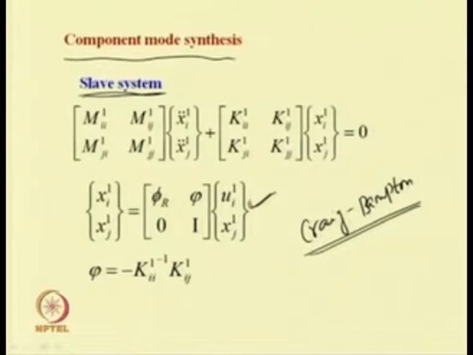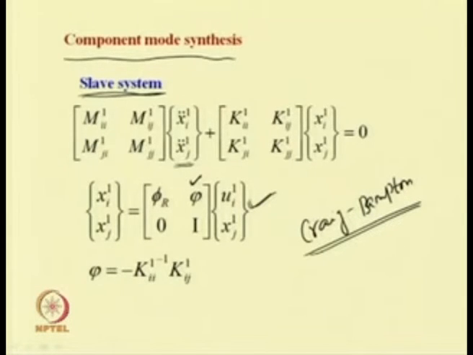The normal modes of the above system are found using eigenvalue analysis. The physical coordinates of the slave system are transformed into a set of normal coordinates u_I and the degrees of freedom x_j using the transformation. Here x_j is the junction coordinate and u is the normal coordinates. So, we can write this psi. Here x_I1 and x_j1, I is the interior degrees of freedom and j is the junction degrees of freedom. We are using 1 for the slave part.